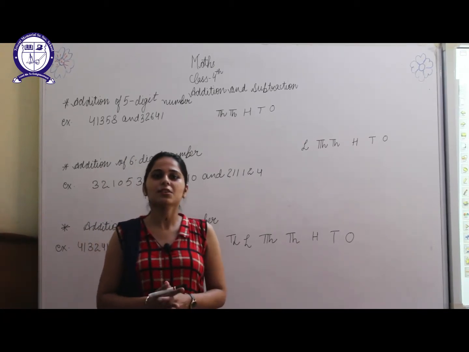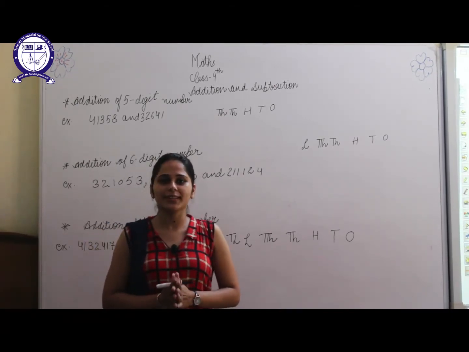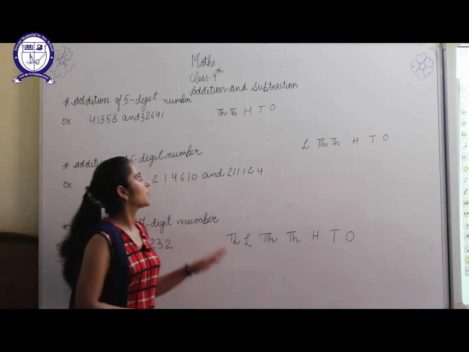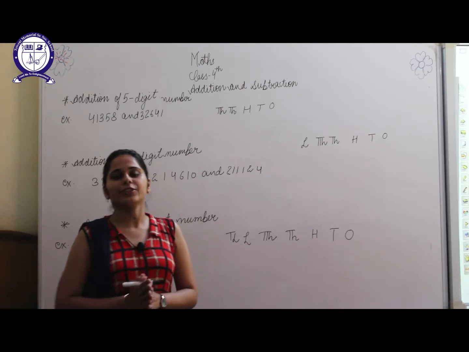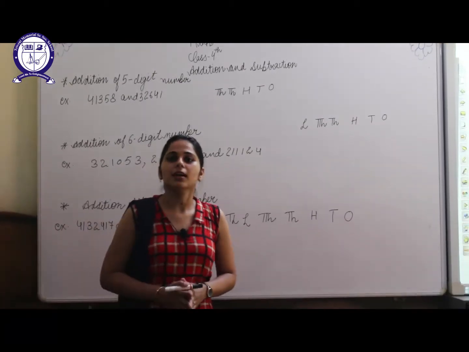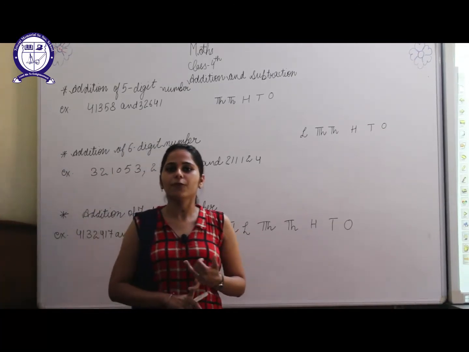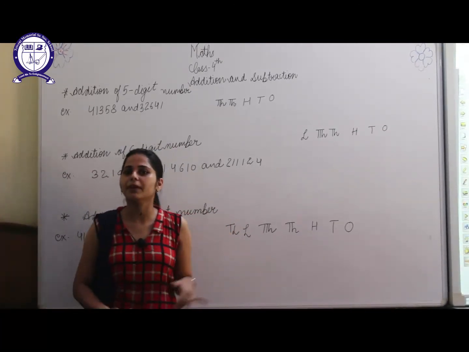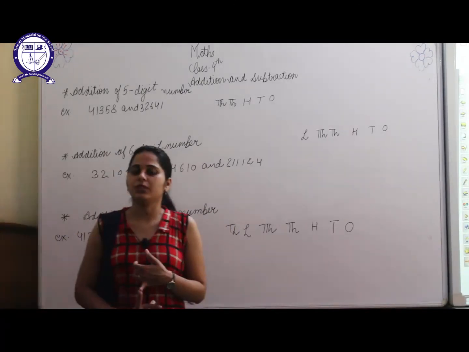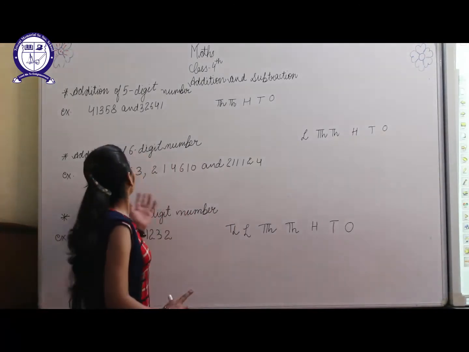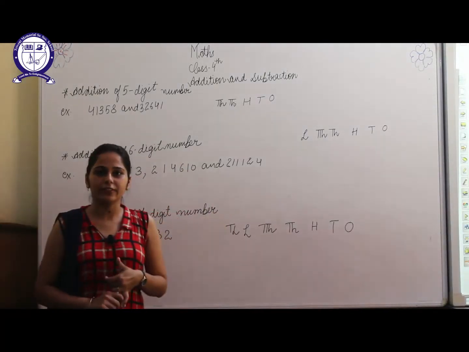Now in this class we will discuss our new topic of mathematics, which is included in our NCERT syllabus. So we are going to discuss addition and subtraction. Obviously you have studied addition and subtraction in previous classes, but in this module we will discuss the addition of 4-digit numbers, 5-digit numbers, 6-digit numbers and 7-digit numbers, students. Up to 4-digit we have discussed in our third class. So we'll start with the 5-digit number.